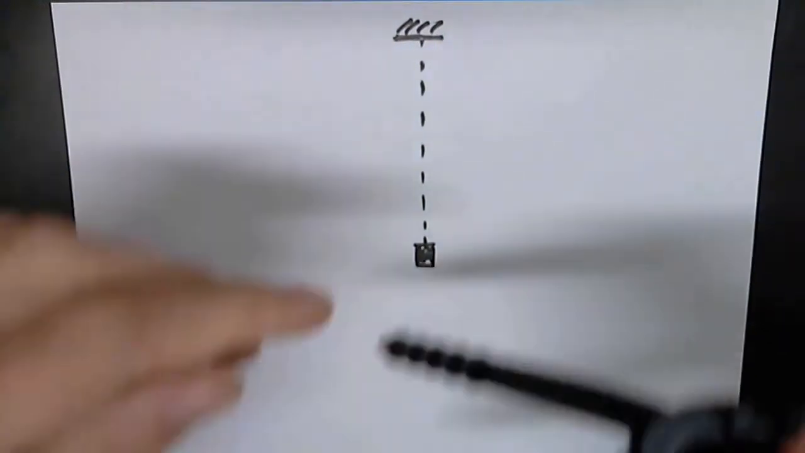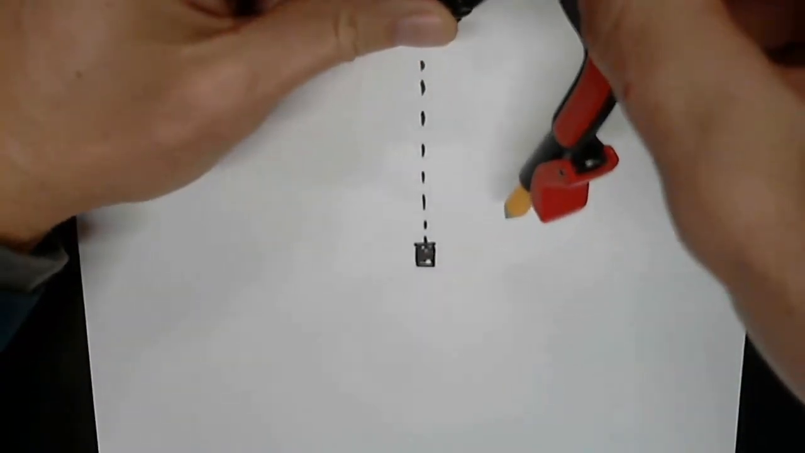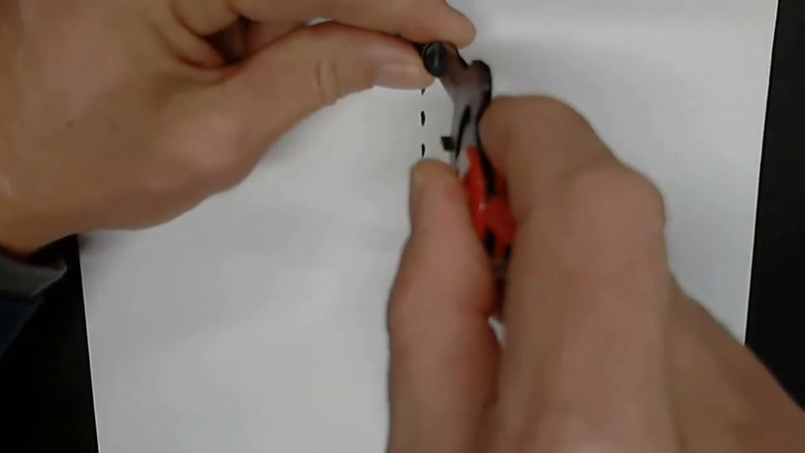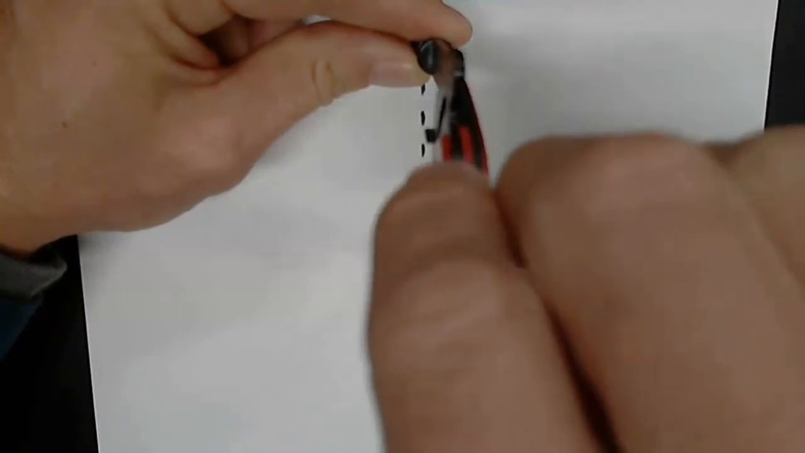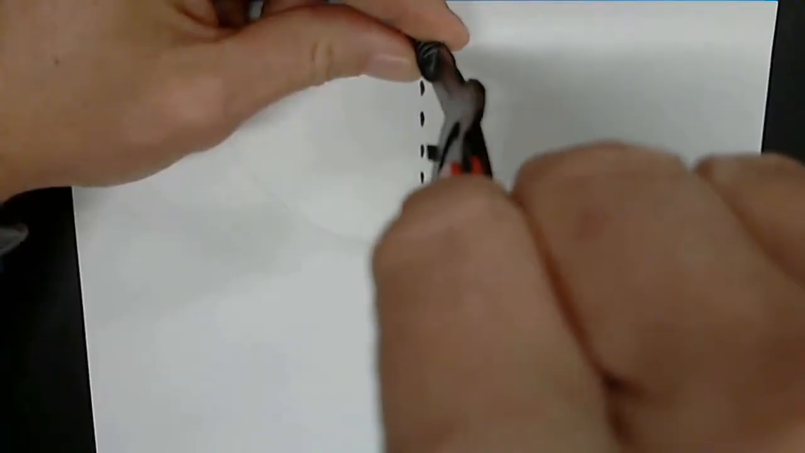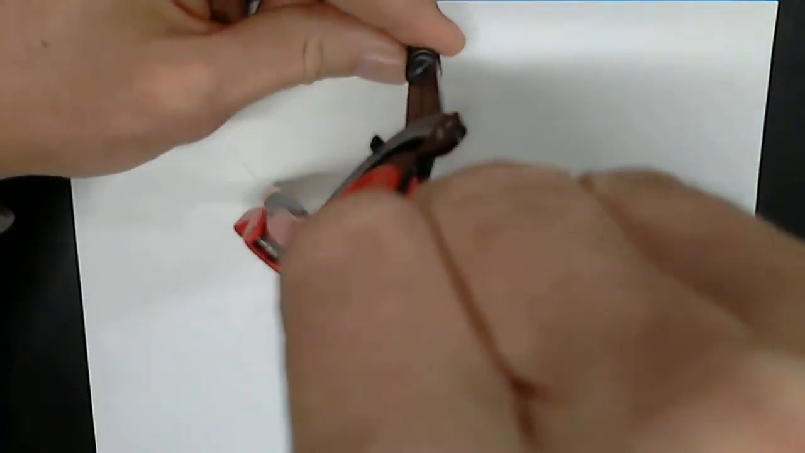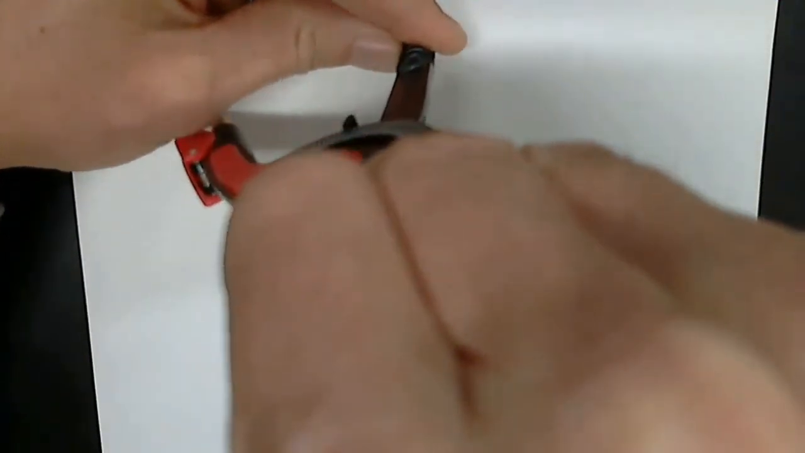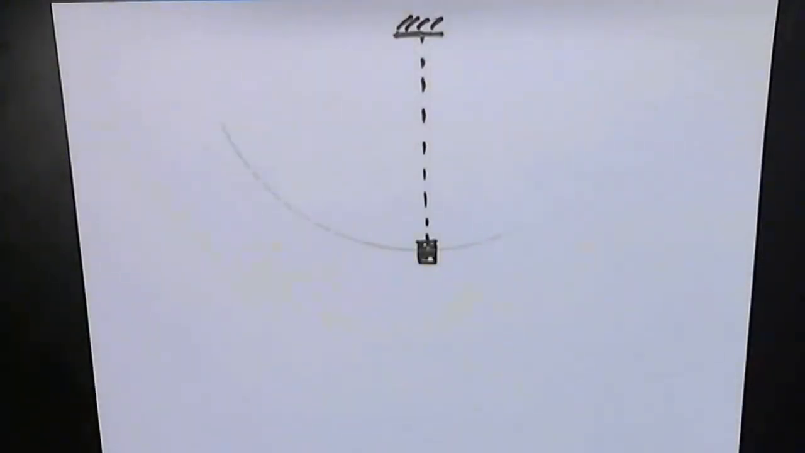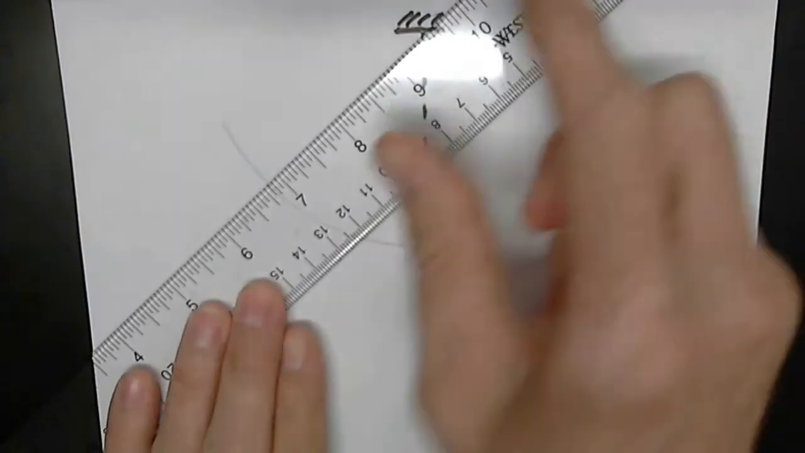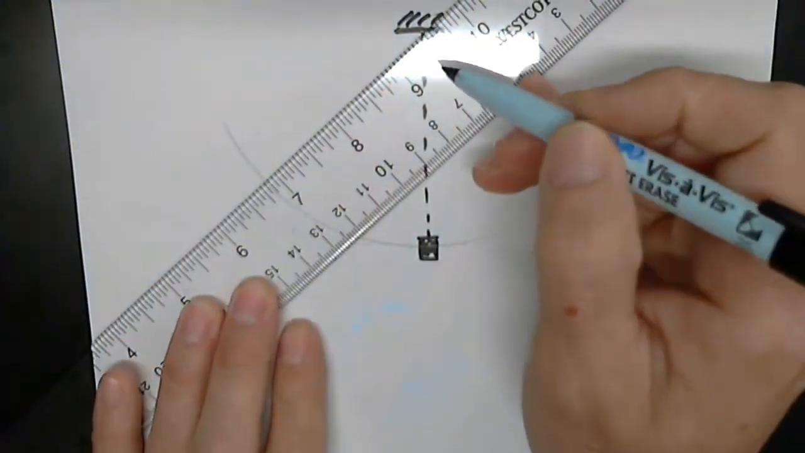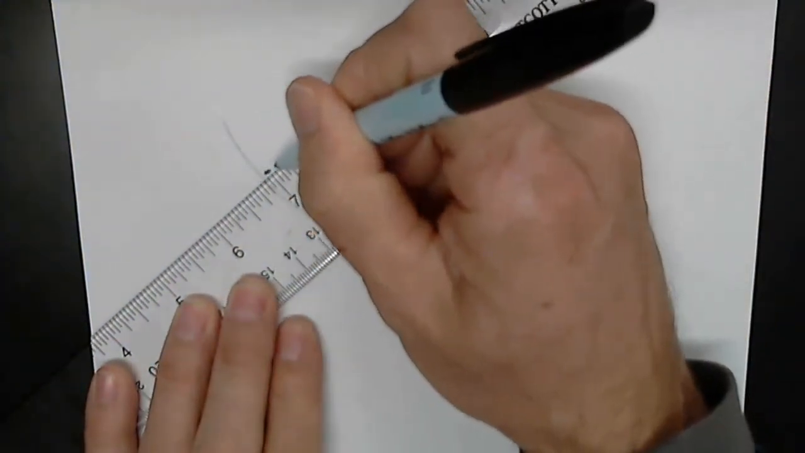Okay, this is the pendulum. In the simulation, we set this length to be 0. And this is the trajectory of the pendulum. So let's say that you let it go from this angle